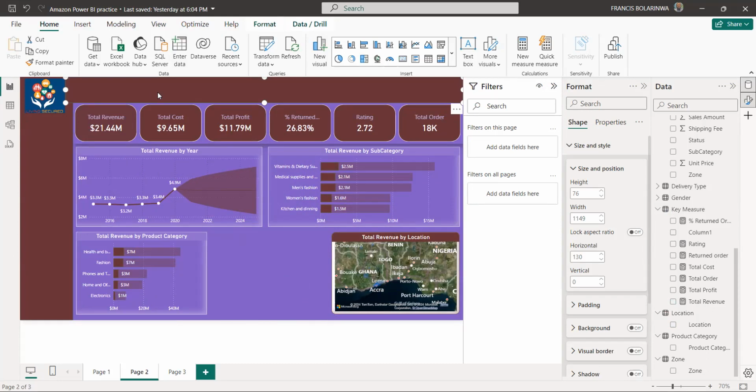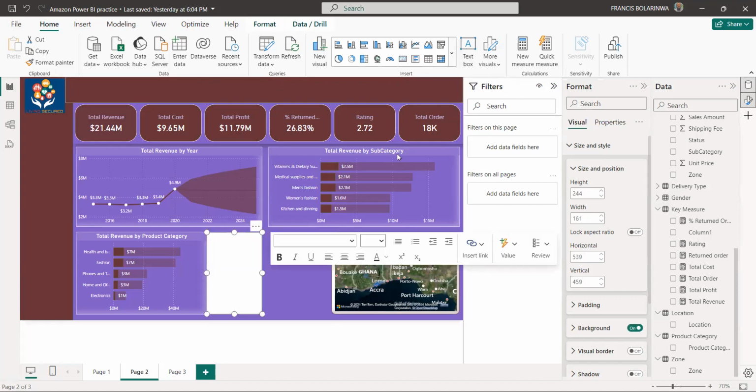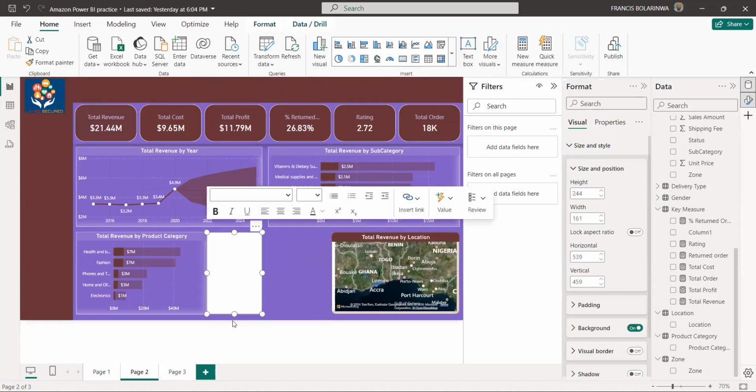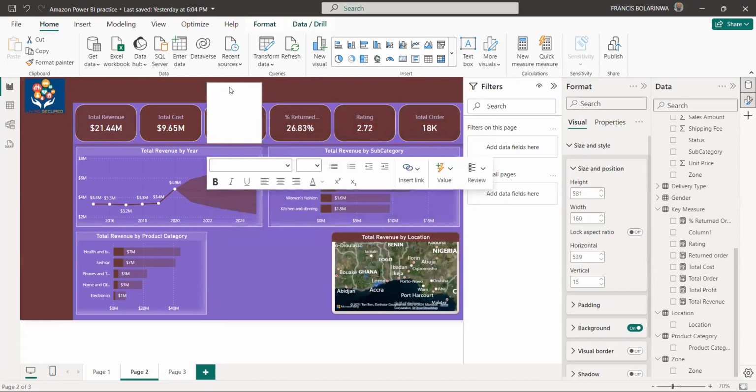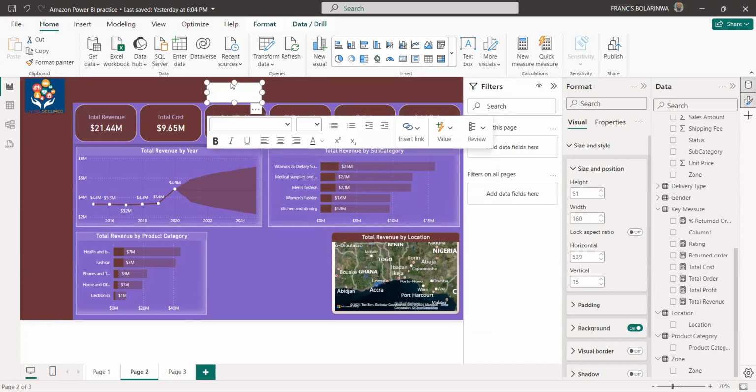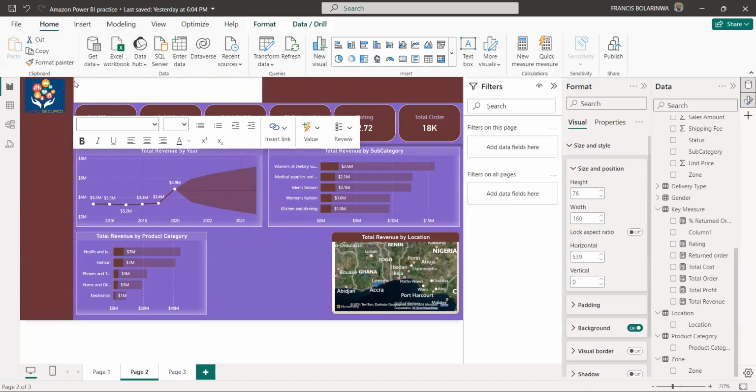Can you hear me? Yes, we can hear you. So the text box, were you able to pick a text box, sir? A text box like this. Yes, so you can type. I was able to even drag it to the top. Okay, I deleted it. So I was able to do this, but I couldn't type. Okay, it should be coming on there. You should be able to type.